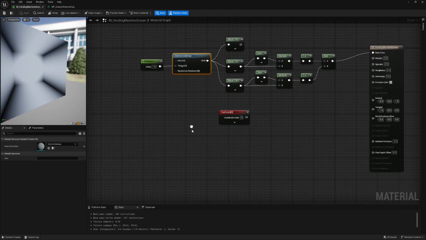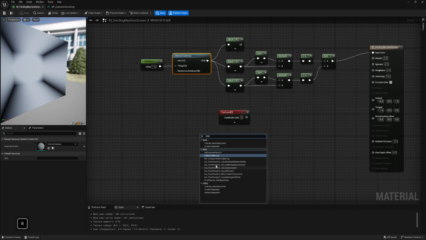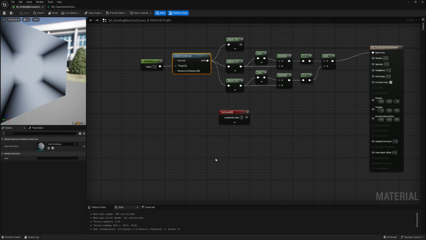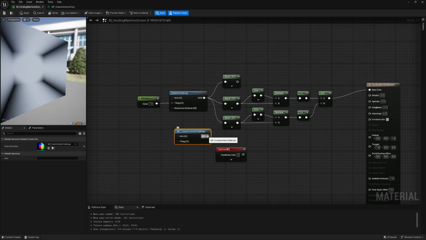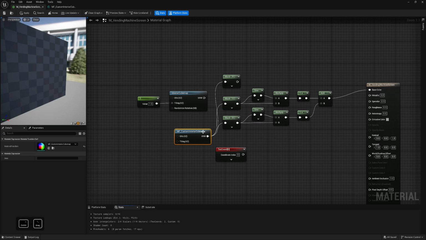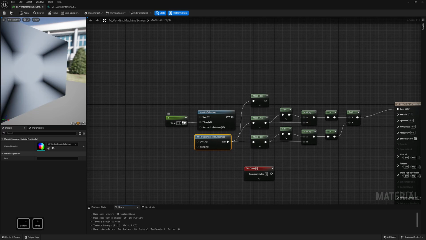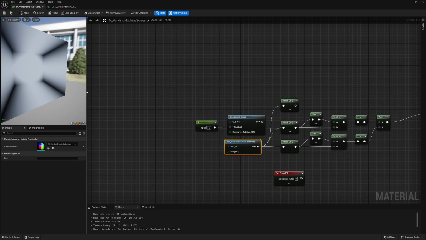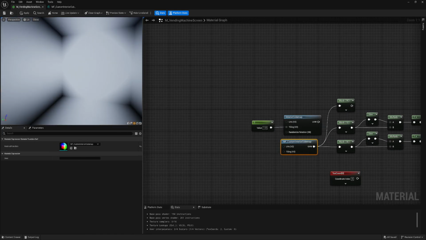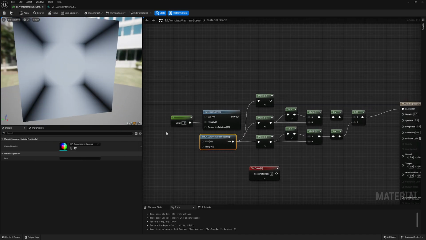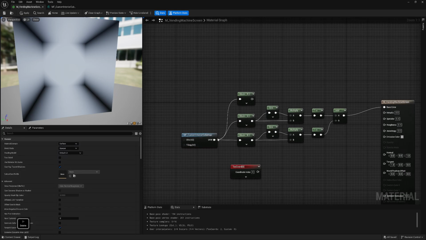Now back in our vending machine screen material, if I search for interior, this one starts appearing, but we need this custom one. If I grab this and connect it to this one, I don't even need this one in here, because by default it's now 1. And if I preview, nothing actually changed. It's a good thing, so nothing is broken. We can delete this one.